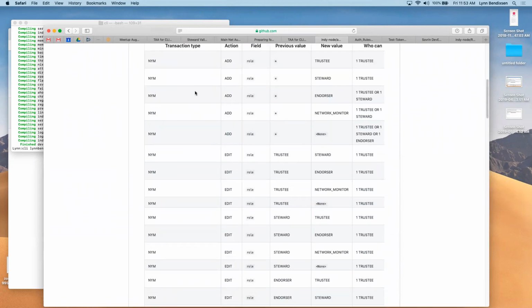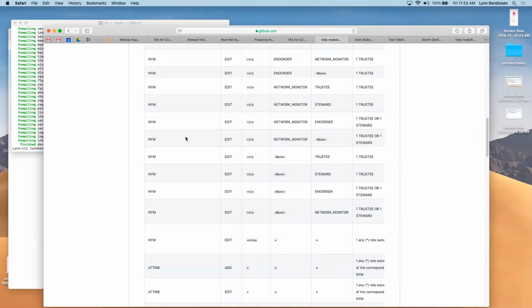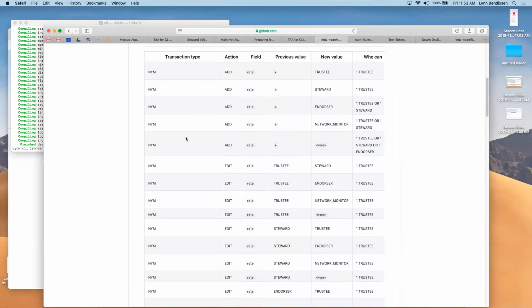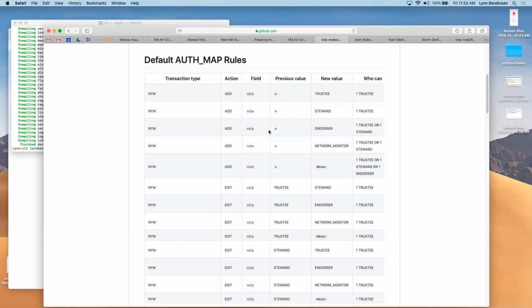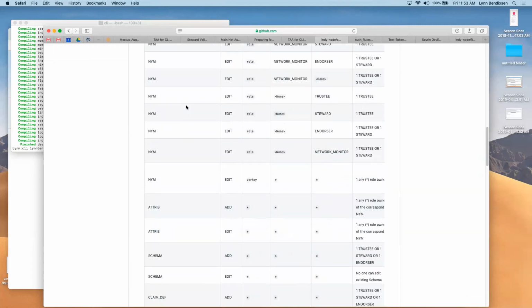See how a lot of these transaction types here are all NYMs? All of those are writing a NYM to the ledger, but what was the state of the NYM before you wrote it, and what is the role that you're going to add in? All those variables come in, so this really is just write a NYM, right? There's not that many rights.